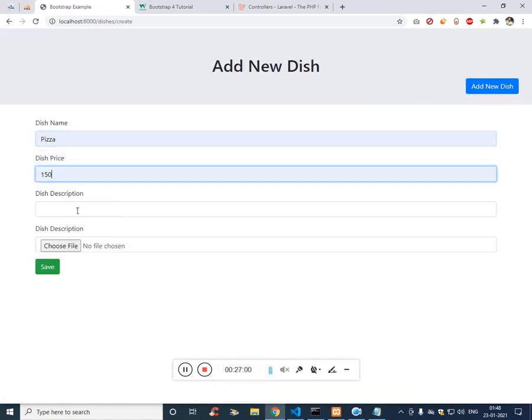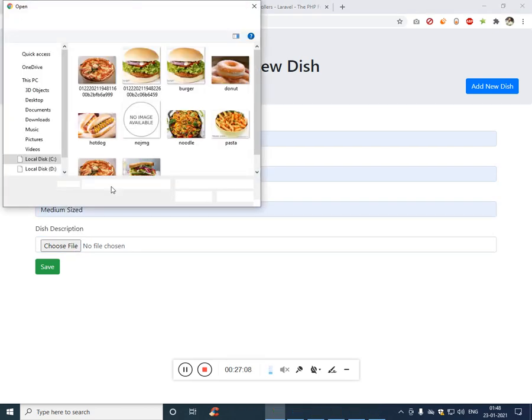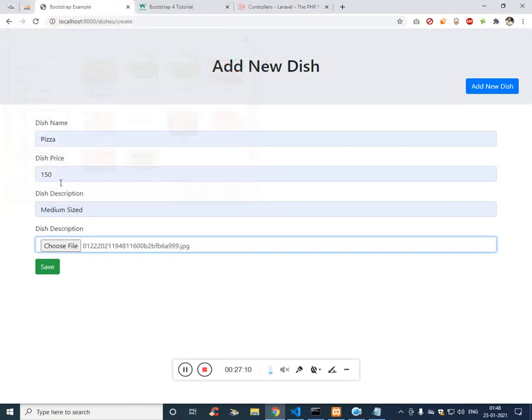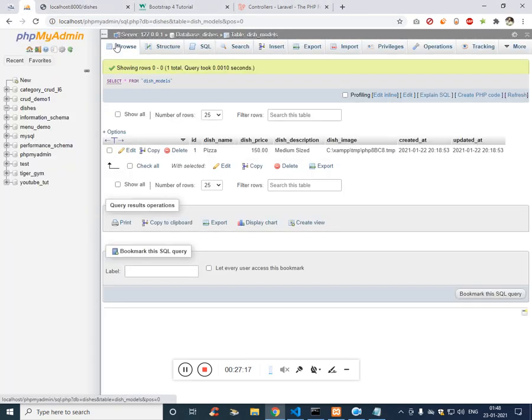So my point is to show you, by this we can simply add the values into the database. That's what my point is. So I believe now it would have saved. So data is saved. Now if you see, the dish image is making an issue.